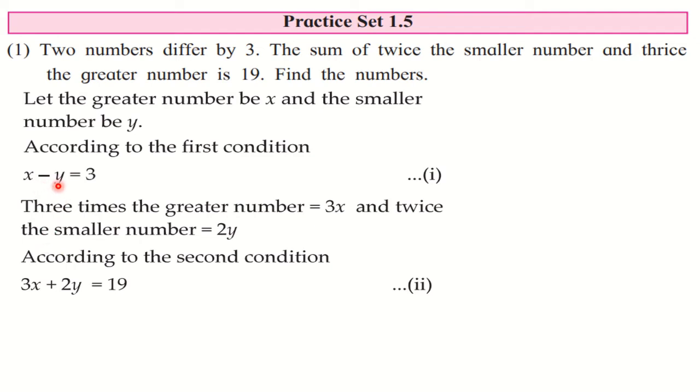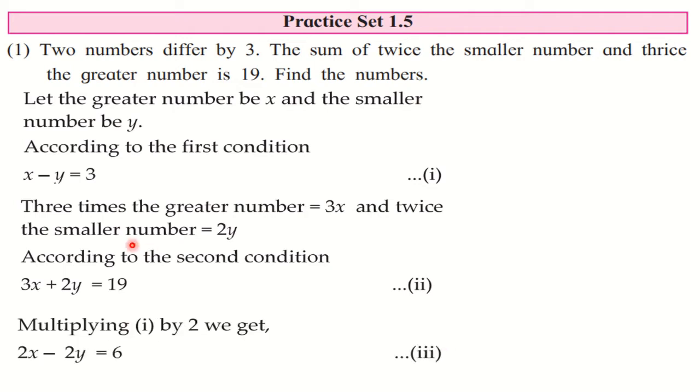Like here, see, here you have minus y and here you have plus 2y. So make it 2y here. We have to multiply the equation by 2. Or if you want to equate the coefficient of x, you have to multiply here by 3. So here you can either multiply by 3 or you can multiply by 2. So here I am multiplying equation 1 by 2. So getting new equation, 2x minus 2y is equal to 6. Number this as 3. Now see, here you have plus 2y and here you have minus 2y. Signs are opposite. So when you add these two equations, y is going to eliminate.